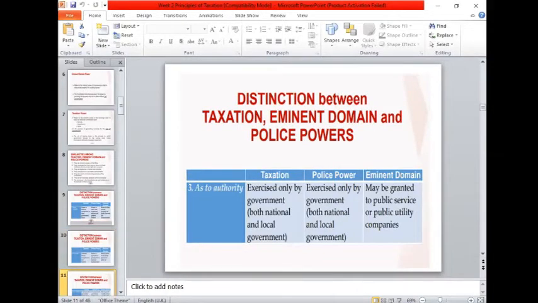As to the authority, the distinction is that taxation and police power are exercised only by the government, both national and local. While eminent domain may be granted to public service or public utility companies, in which the government can intervene in case those public utility companies are not capable of fulfilling their duties to their customers. As an example, Maynilad and Meralco,